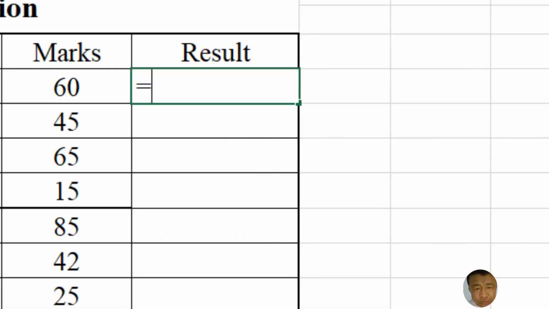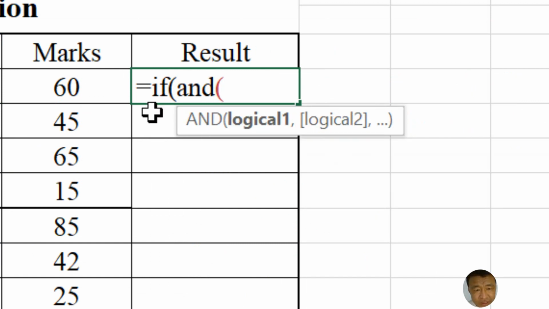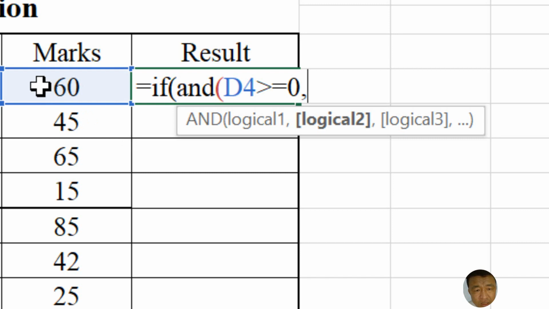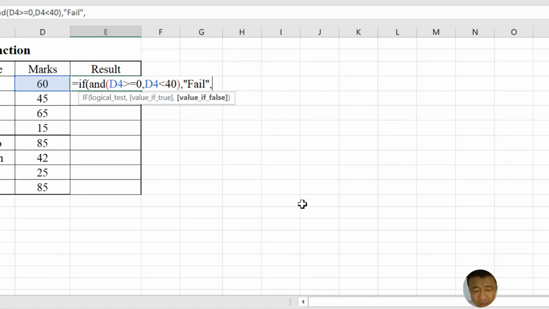So I will be using AND function inside the IF function. All right, so equal to IF and open the bracket, click on the cell where the marks are entered, greater than or equal to 0, comma, click on the same cell, less than 40. If the student's mark is greater than or equal to 0 but less than 40, then I will put this student into the fail category, comma, if